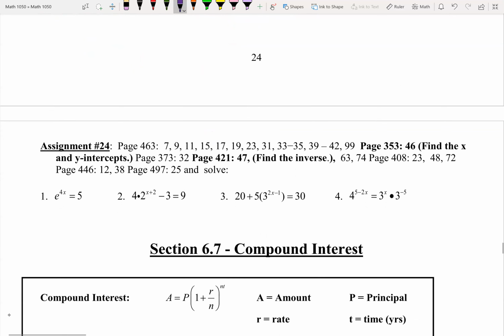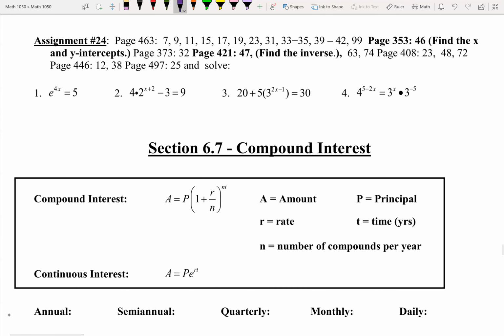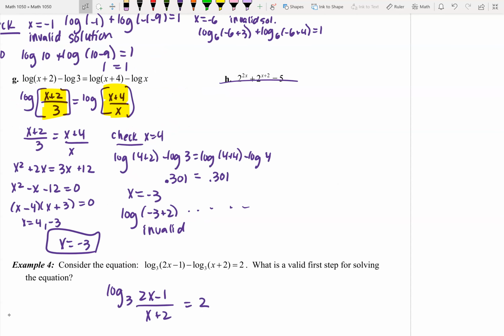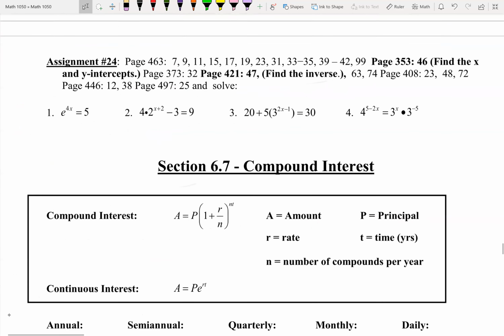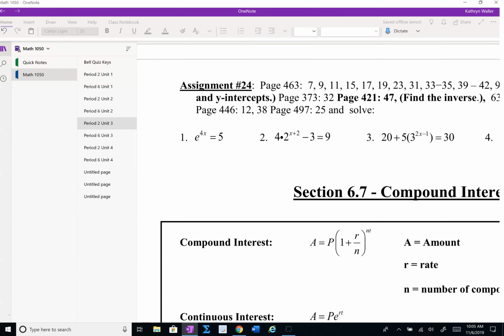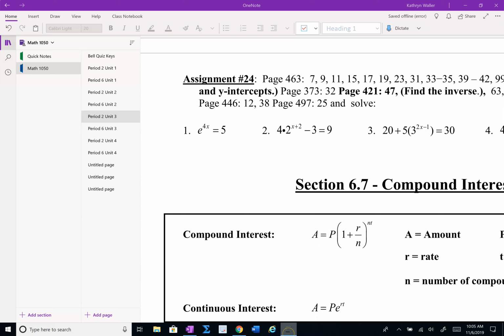Now, anybody that's leaving because you're not in my homeroom, that assignment might change. I might have to pull problems off because of the fact I chose not to do that problem right there. So I will text you if there's anything that I'm going to take off, okay? Okay, quiz next time. You bet. It's a tough problem, and I just have never seen it. I haven't seen it for a long time, so I think we're